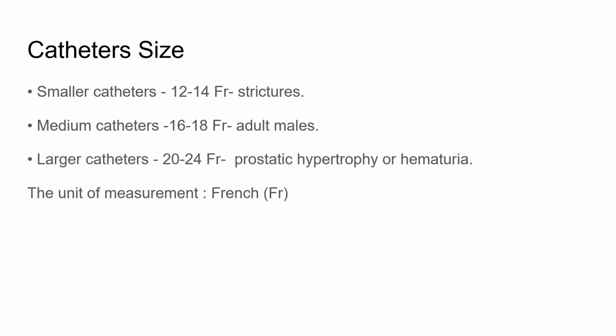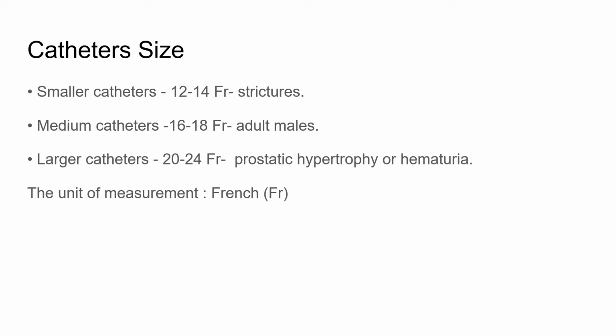So before going to the actual procedure of how catheterization is done, we have to identify the different sizes of the catheters. The size of the catheter is not measured in millimeters or centimeters, it is measured in French. FR stands for French. French is the unit of measurement used in sizing urinary catheters, where one French is equal to 1/3 of a millimeter. So we will tell it in the form of French rather than centimeter or millimeter. So 1 French stands for 1/3 of a millimeter.